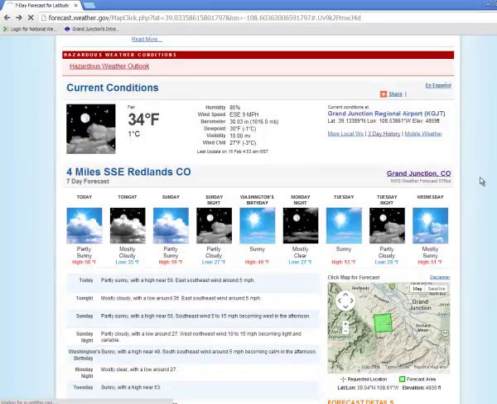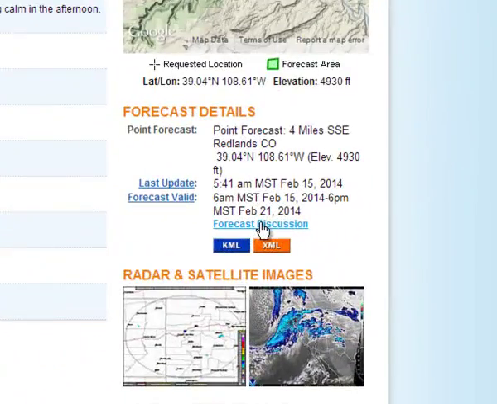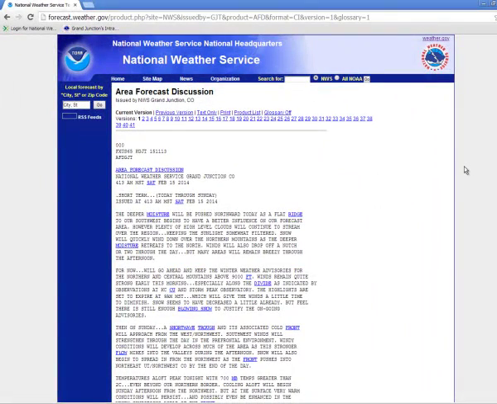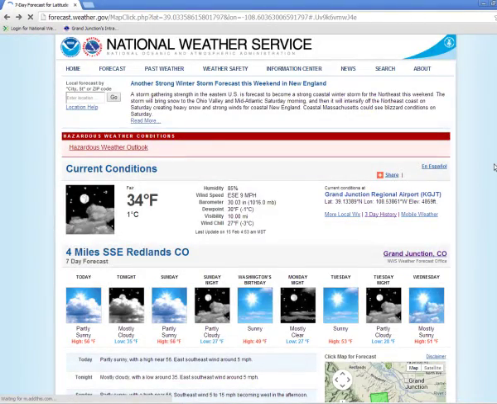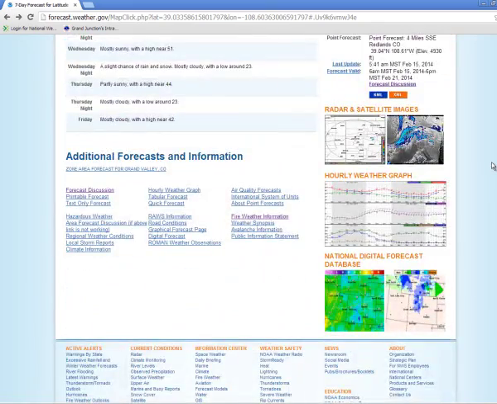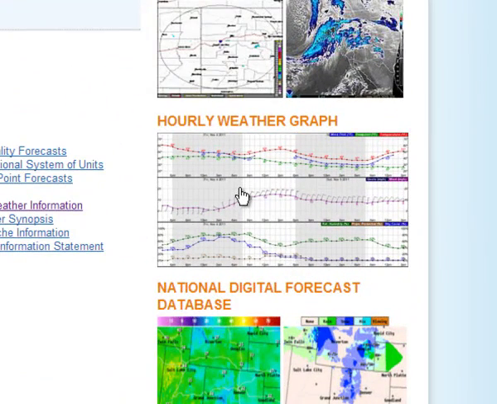We'll step back here. If we go down the page just a bit, right here, forecast discussion. This is actually a technical narrative of the forecast reasoning, some confidence levels, and also some possible alternate scenarios to the forecast. Some may find this useful. If we go down further on the page, there's actually an hourly weather graph. If we left click on the image there,